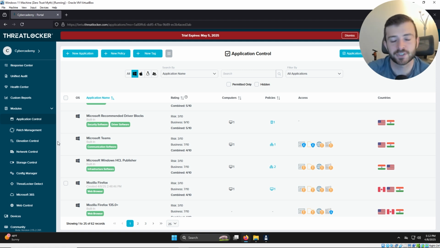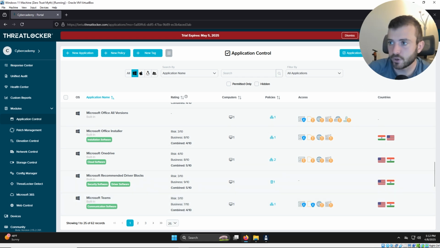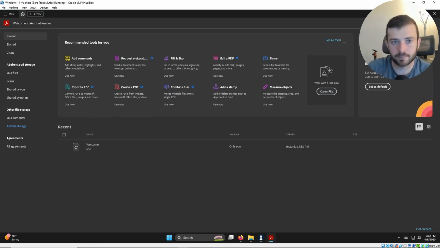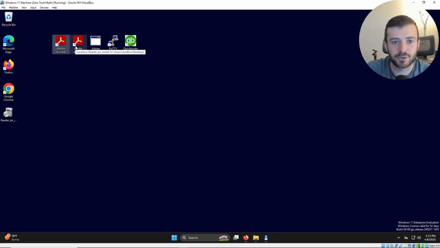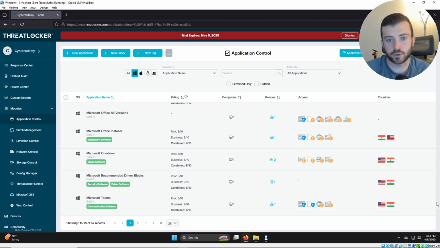So what's nice about allow lists is that they take a look at the application signature. If it doesn't match the legitimate one, it doesn't work. So here we can see allow lists, a large list of legitimate enterprise or business applications. And that's great. So if we go to the good old Adobe Acrobat 2005 type spoofing and we double click the legitimate Acrobat, we'll get it open obviously. And if you do the spoofed Adobe Acrobat here, you can see that it's denied because it doesn't match that application signature. A core tenet of zero trust is enabling your users to use legitimate applications while deflecting or denying all of the fluff and junk that may come in through the user's inbox.